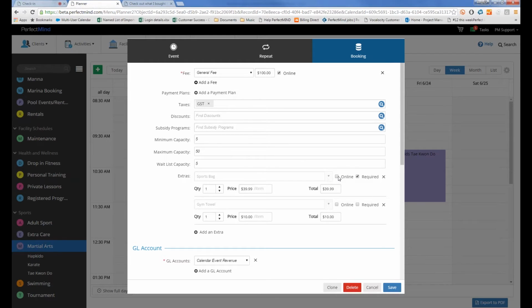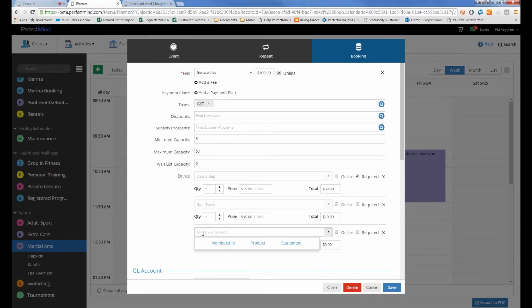These will be items, equipment, memberships that will be suggested as options for the person to purchase. It could be either suggested or perhaps it could be made required. So it's required for the customer or the registrant to purchase these products, memberships, or equipment to be able to actually register into the course. Or perhaps it's a rental and the customer will like chairs or Wi-Fi or AV equipment, which will be utilized